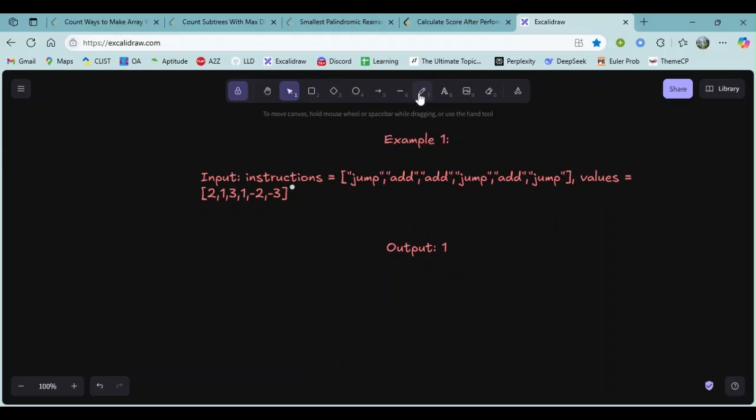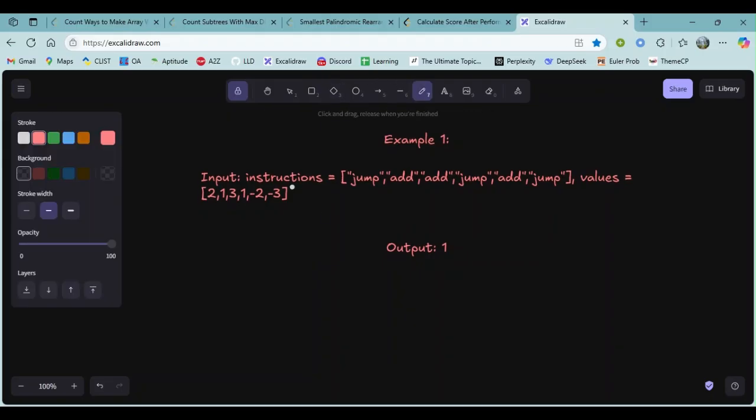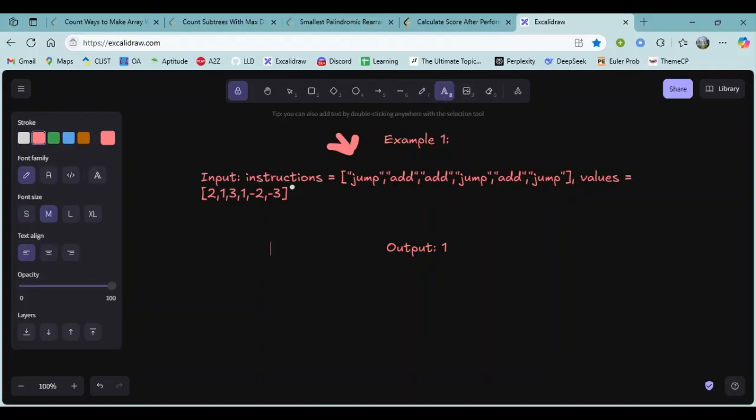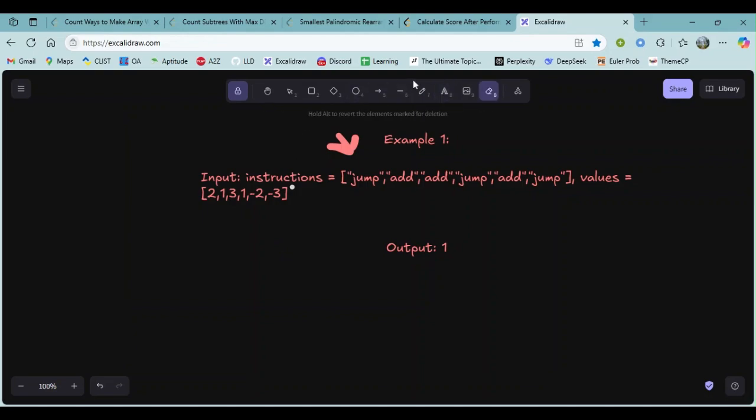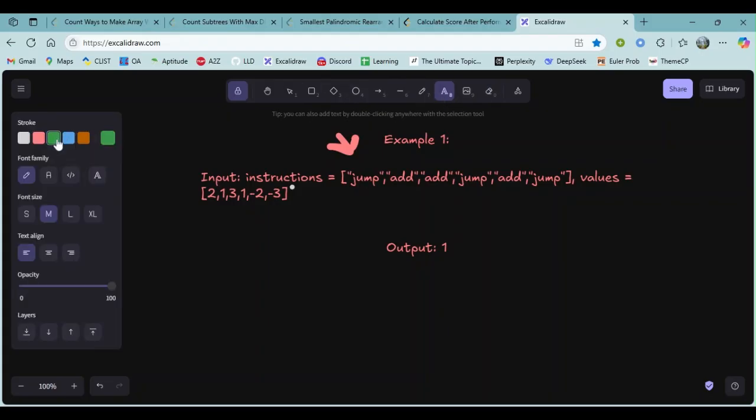Initially I am standing at the 0th index, and my current score will be 0. So in the starting, i will be 0 and our score will be 0.